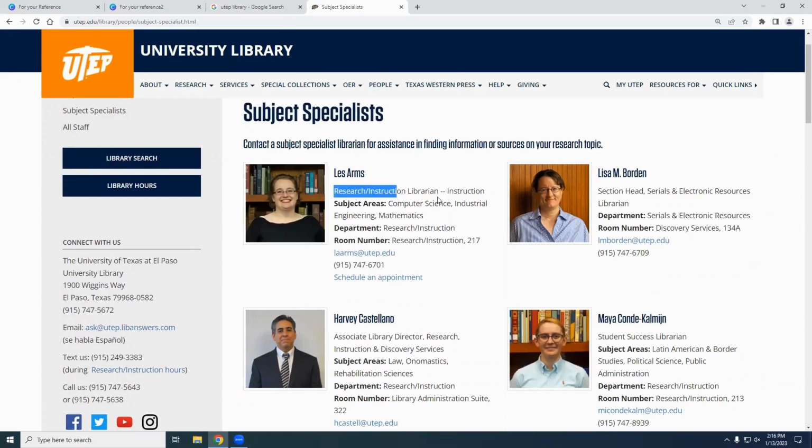It tells you which department we're in, our subject areas, and room number. Don't worry about the room number, most of us are inaccessible to begin with, but it gives you our email address and our phone number, and for most of us, you can schedule an appointment. If you want to meet with us at a certain time, it's really best to schedule an appointment. That way you guarantee that we'll actually be there, because maybe we have an evening or the day off, or maybe we just said, screw it all and gone to Paris for the month.